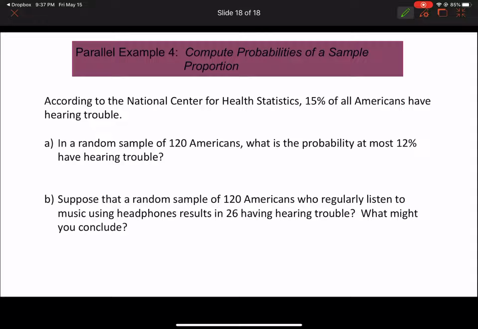Sorry. I have a scenario for you right here, and I would like you to do exactly what we just did with this last one. If you need to go back, go back. So according to the National Health Statistics, 15% of all Americans have hearing trouble. In a random sample of 120 Americans, what's the probability that at most